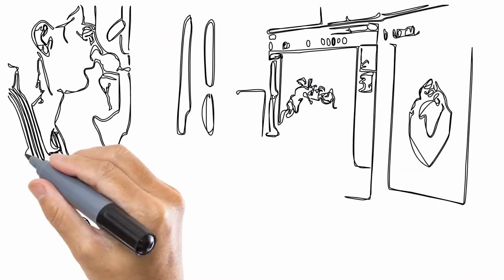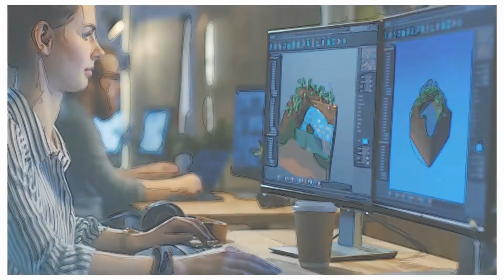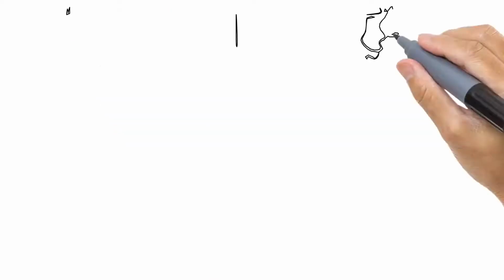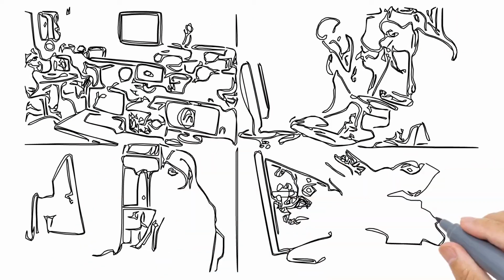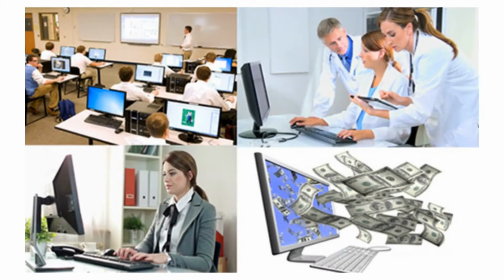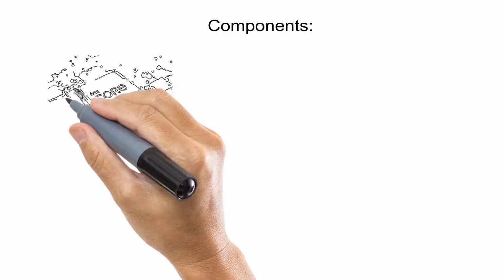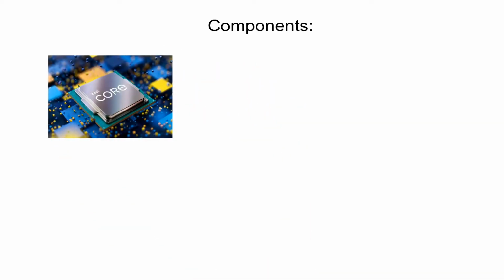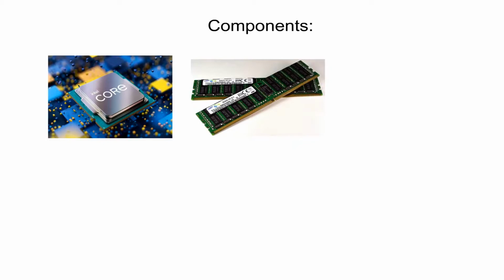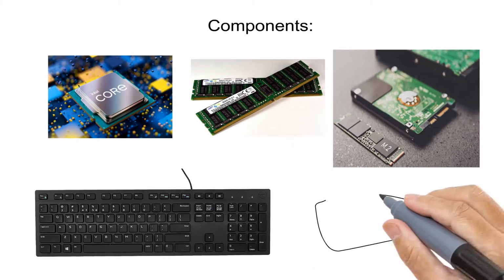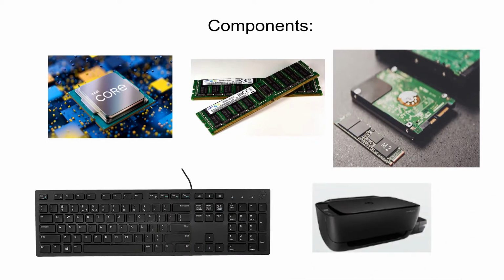A computer is a complex device that is capable of performing a variety of tasks, which has made humans literally capable of doing anything. It requires some components to function or carry out any task, and these components are the CPU, central processing unit or the main processing unit. Next is our memory, storage, input unit and output unit. We will talk about these components in detail in this video.